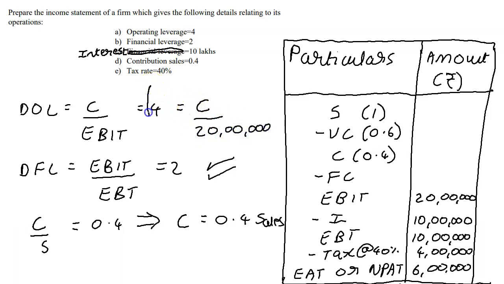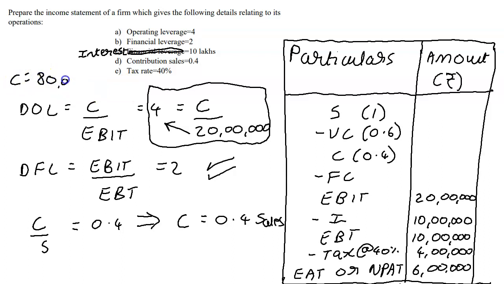So, if this was my equation, I have 20 lakhs in the denominator, goes that side, it becomes multiplication. I'm going to end up with contribution equaling 80 lakhs. And that's what I'm going to write here. Very similar to what we have just done. And one more time, we cross multiply. 80 lakhs corresponds to 0.4, 1 will be x, and on the calculator, we can now simply take